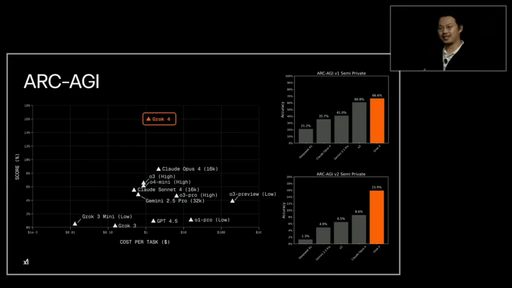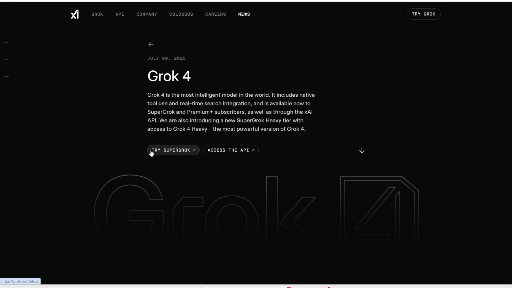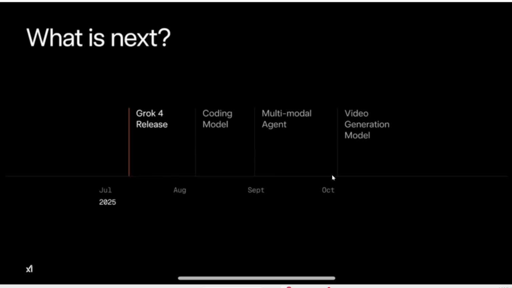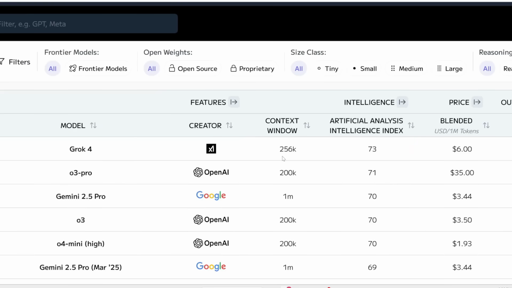Also this week, xAI finally releases Grok 4, and I have to say this is so far the best and smartest and most capable AI model you can use right now. Now this is a multimodal model, so it can currently handle both text and images. Apparently they're also working on a video generation model, which is expected to come out in October, which is pretty exciting. Now Grok 4 supports a context window of 256k tokens, so it's not as large as Gemini 2.5 Pro, which has a 1 million token context window,